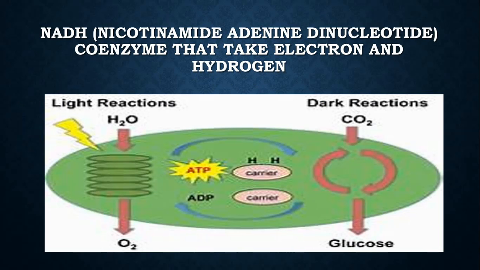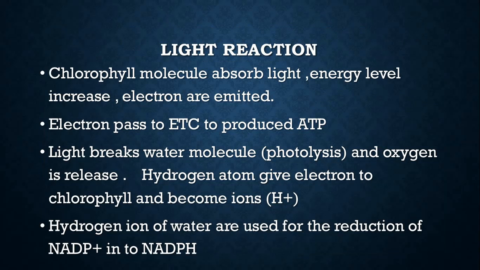Light and dark reactions are compared in the diagram. With the help of sunlight and water molecules, chlorophyll is also present, and oxygen is released as a byproduct. In the dark reaction, carbon dioxide is reduced and glucose is made. They make glucose in the dark reactions.